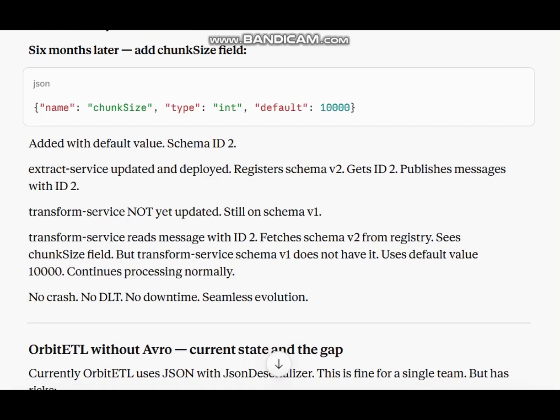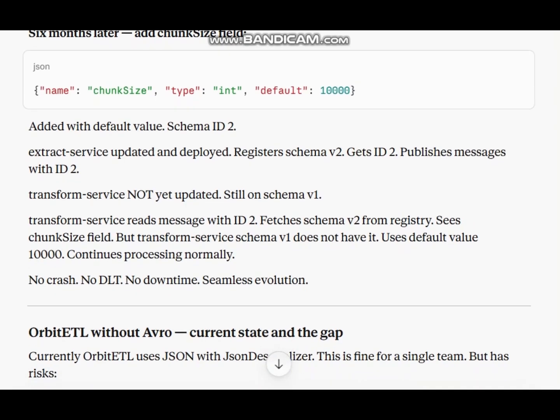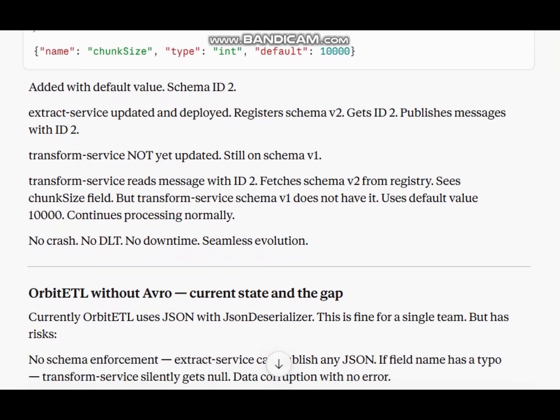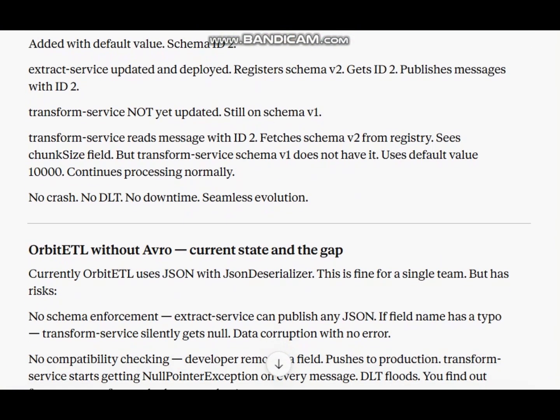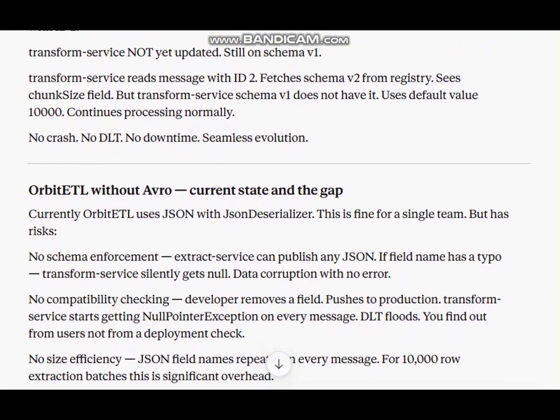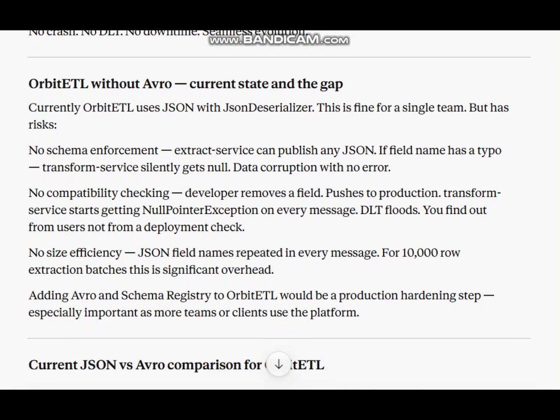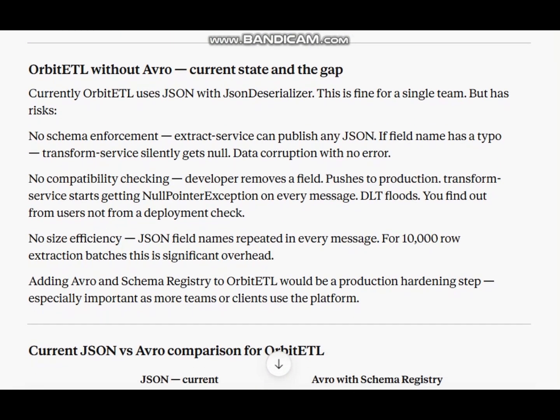It reads a message with ID 2, fetches schema v2 from the registry, and sees the chunk size field. But the transform service's schema v1 does not have it, so it uses the default value 1000 and continues processing normally. No crash, no DLT, no downtime. Seamless evolution.